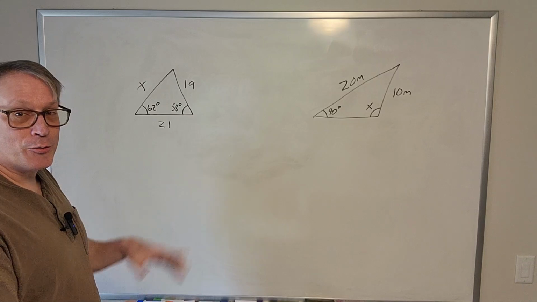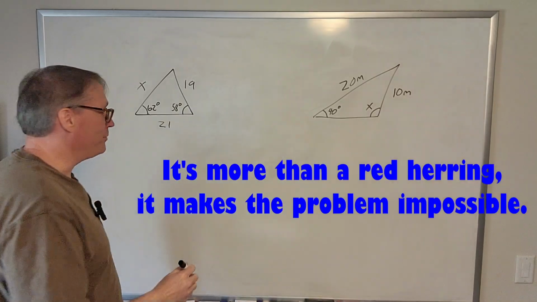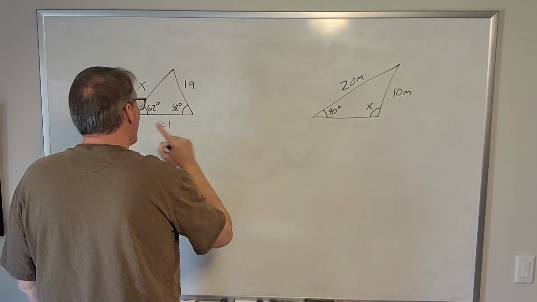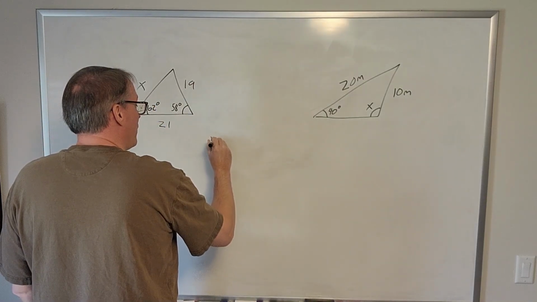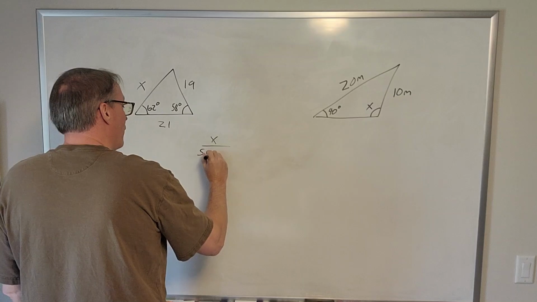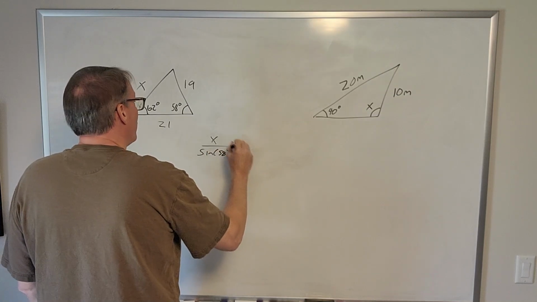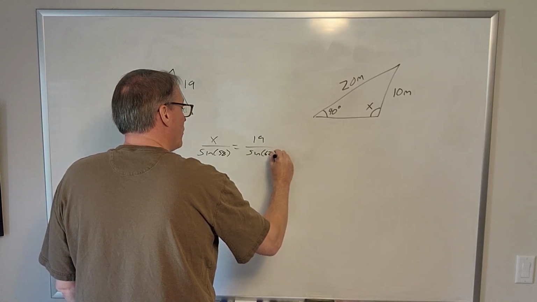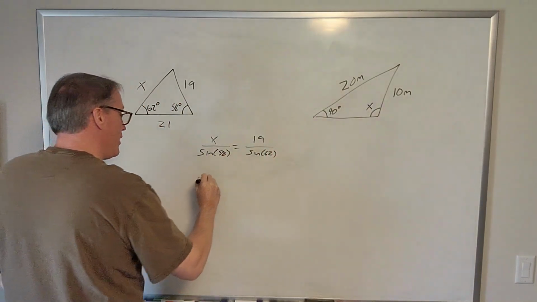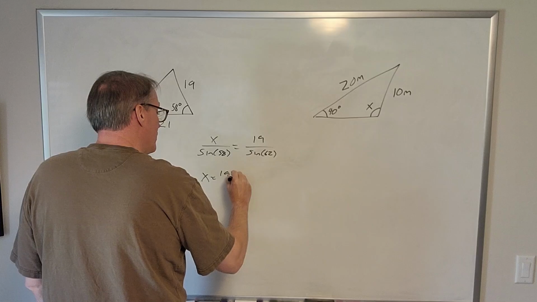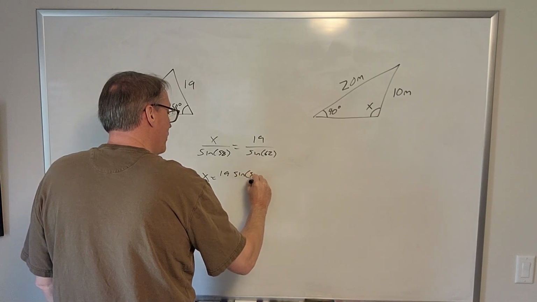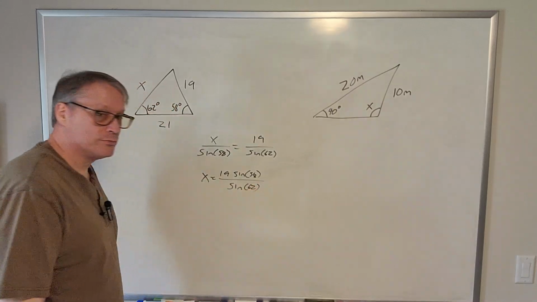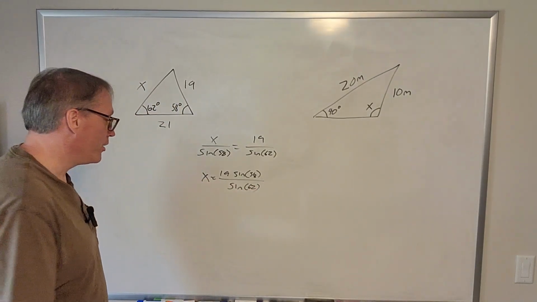All right, little red herring here. I threw in the 21, you don't even need the 21. So let's see, the ratio here will be equal to the ratio here. We want to know the side length, so I put the side lengths on top. x over sine of 58 is equal to 19 over sine of 62. Multiply both sides by sine of 58, and you have x equals 19 times sine of 58 over sine of 62. Then you can plug all that stuff in your calculator if you want and get the answer, but